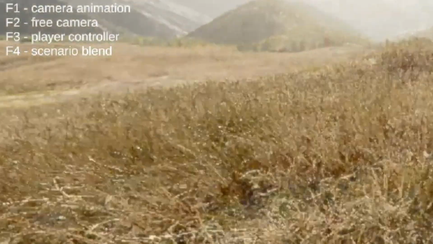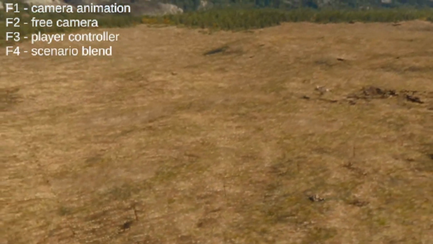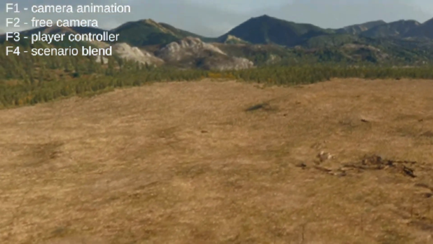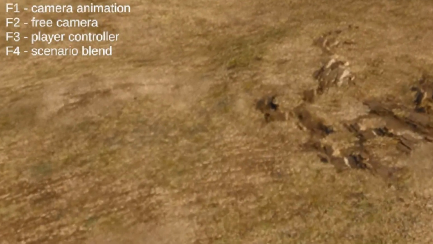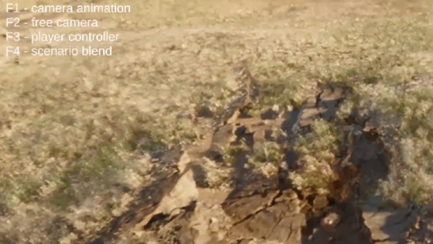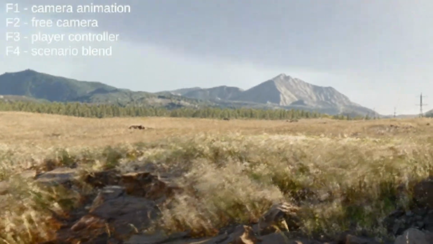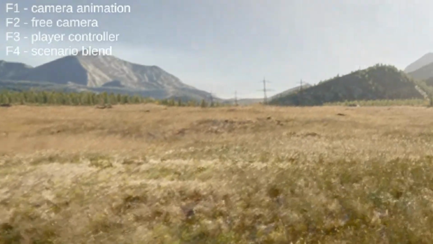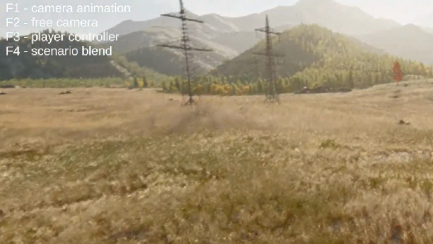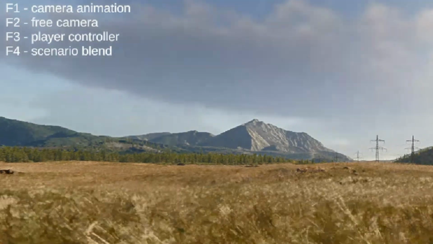Okay, so now we flew around this scene pretty good. Nice. Okay, so now I'm going to click on F2 and I'm going to move the camera around. So this is F2. I'm just going to use my arrows